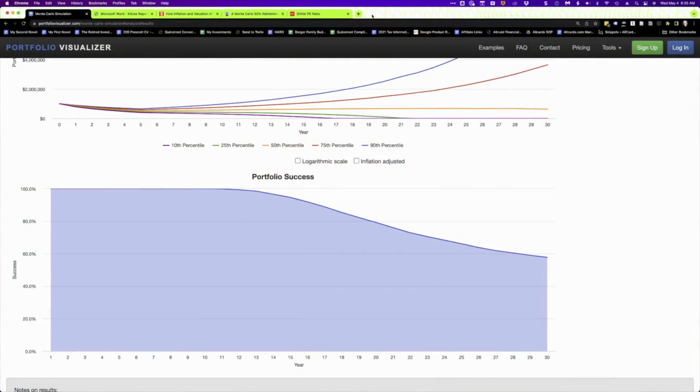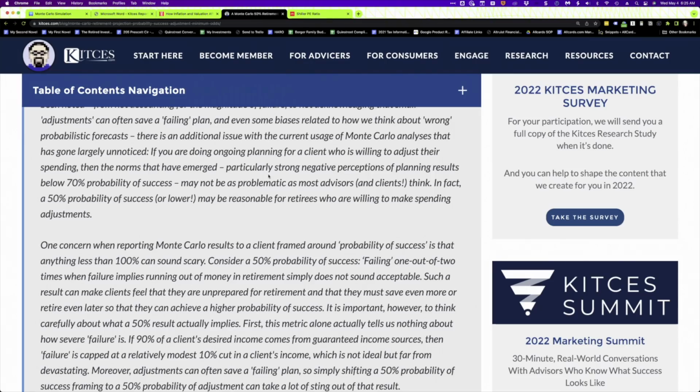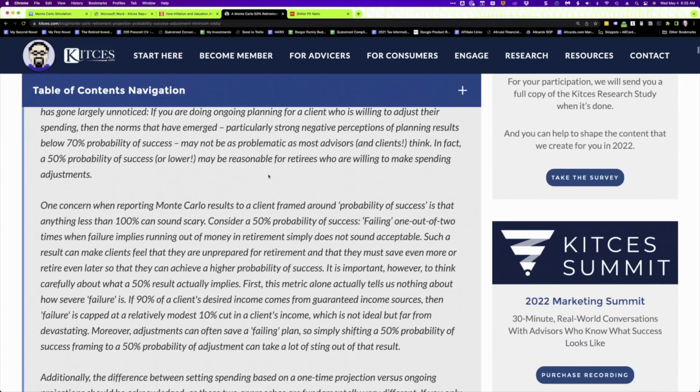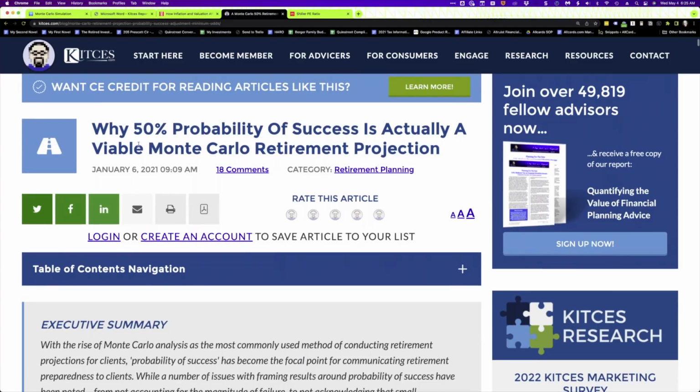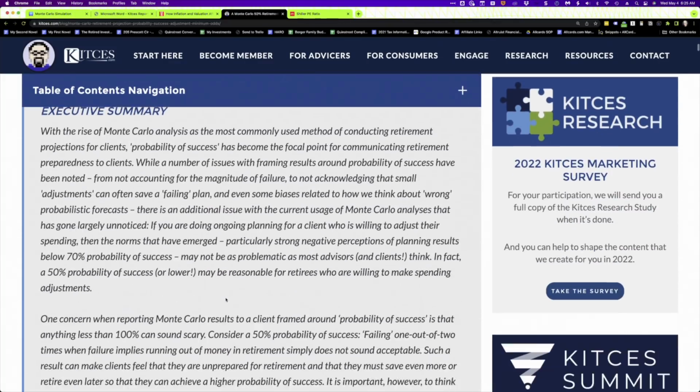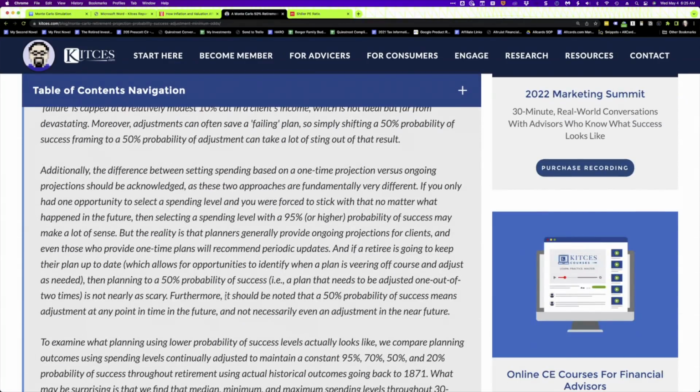Here's the article. It's on Michael Kitces' website. It wasn't written by him. It was written by a different planner. And he basically walks through, you can see it here, why 50% probability of success is actually a viable Monte Carlo retirement projection. Again, I'll leave a link to the article. And the interesting thing was, I'm going to show you a chart. But here's what he did. He said, let's compare